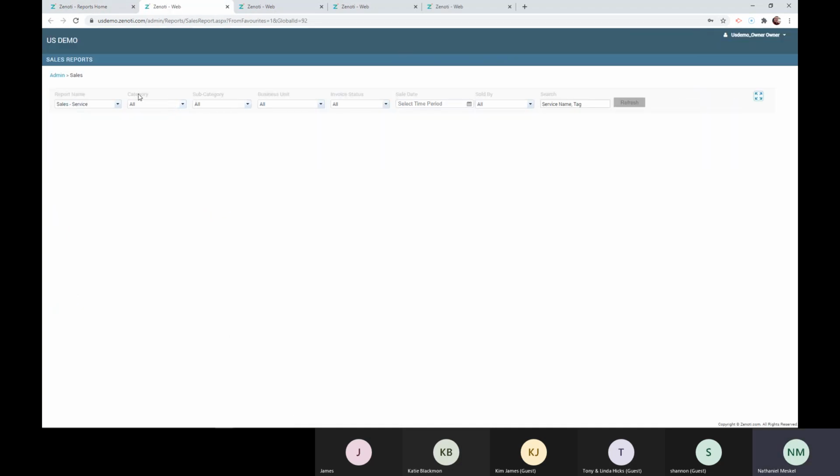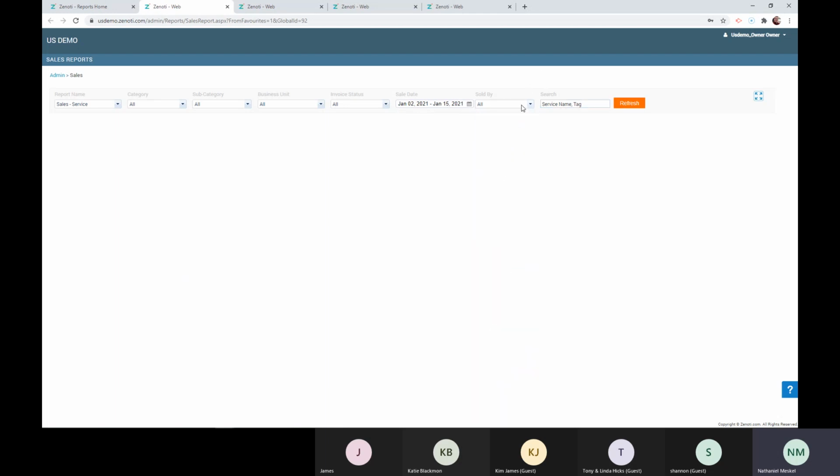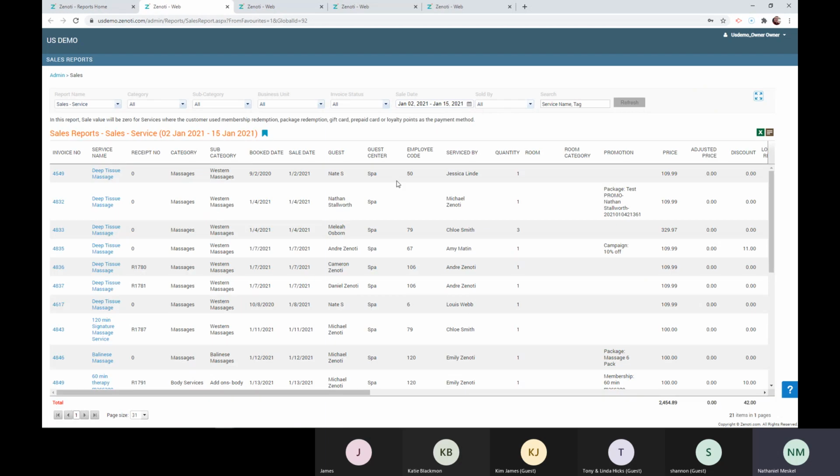What this allows you to do is filter by category or subcategory, business units if applicable, the status of the invoice, and then again by the applicable date range. You can also filter by employees if applicable. Again, I know most of you have your employees listed as chairs, or you can even filter by a particular service name. Now, once I select this report, what this is going to identify is the invoice number,